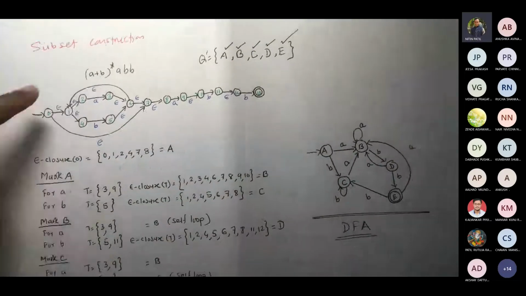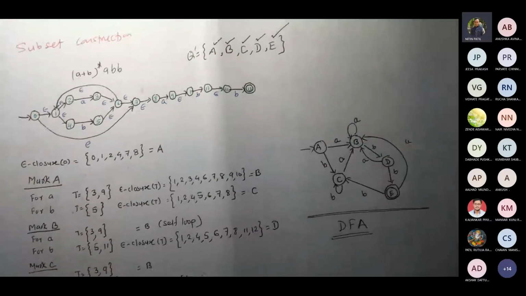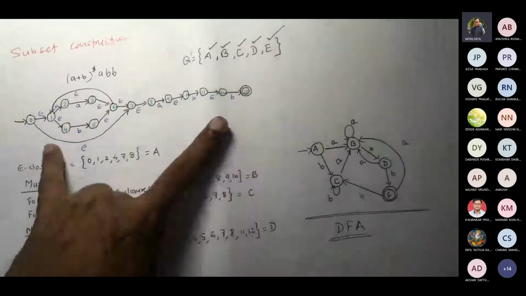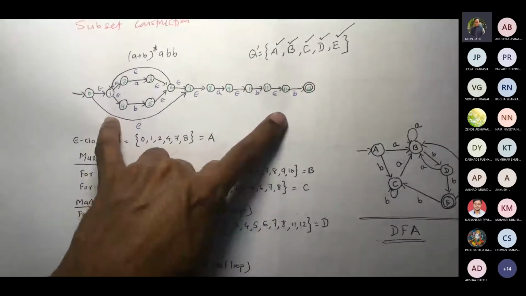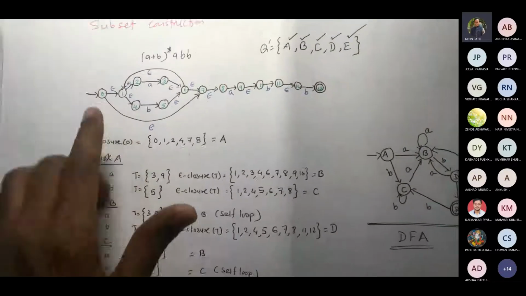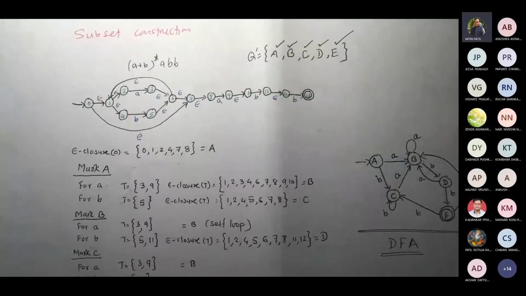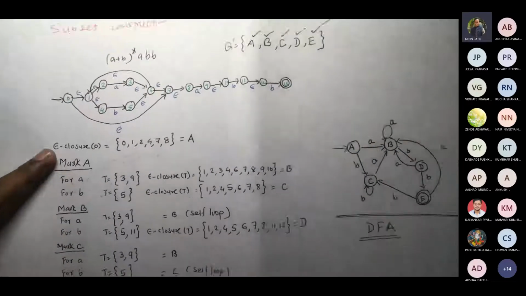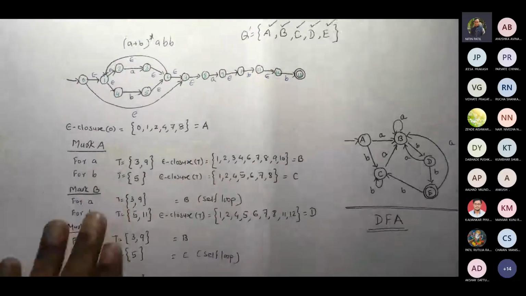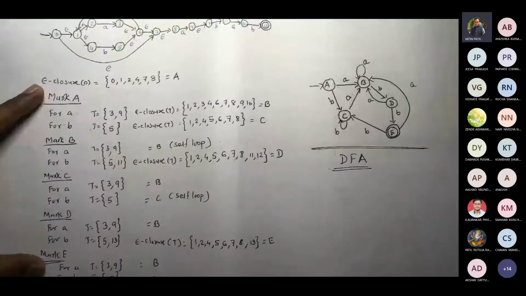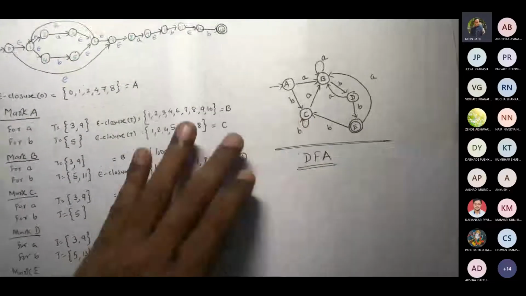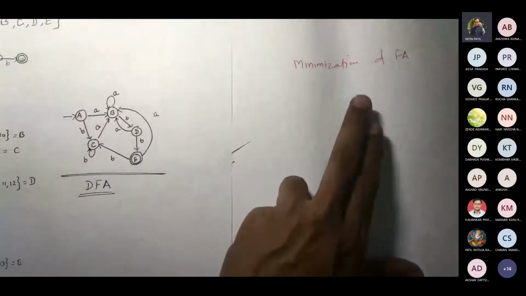Fine. So what is to be done? This would be for 10 marks most probably, if we take say an offline exam. So this would be for 2 marks: drawing this diagram with all appropriate directions, state numbers, and labels for each transition. Then 6 marks would be for this whole process, the subset construction method that we applied and got this. So this one and this one will take 6 marks, and the remaining 2 marks would be for this minimization.